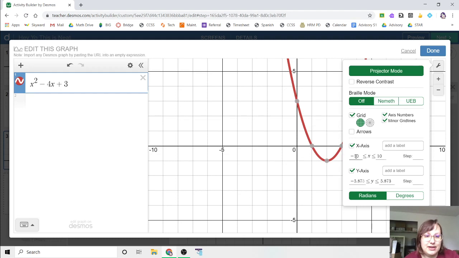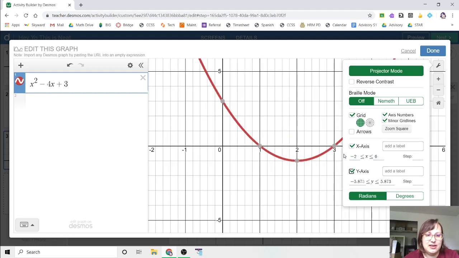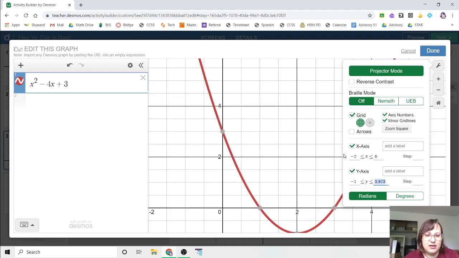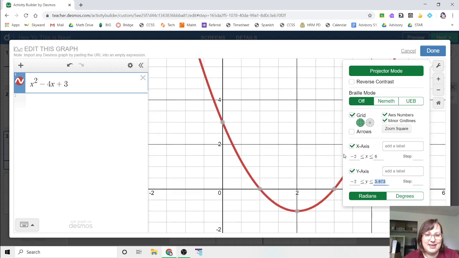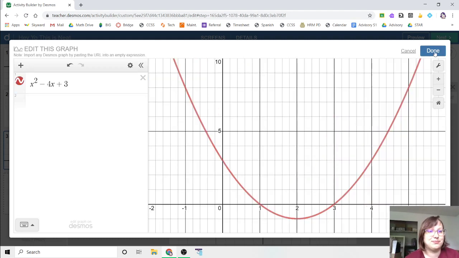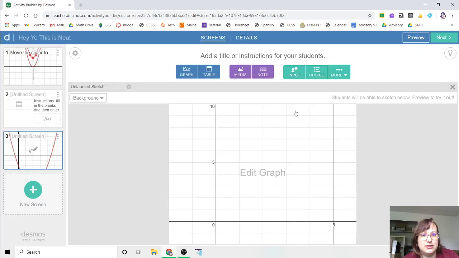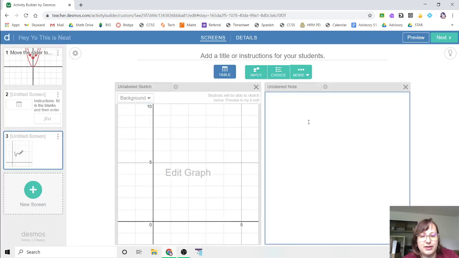And then I just want it to go from negative to maybe 6, and then the y-axis from at least -1, maybe -2, to 10 maybe even. So I have this cool graph. Then actually what I'll do is I'll erase this now, so I don't want it. So then the kids see that graph, and then my note would be something like